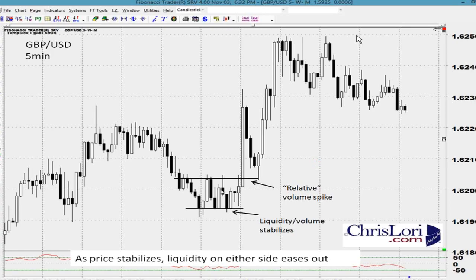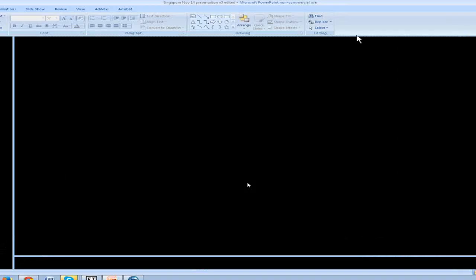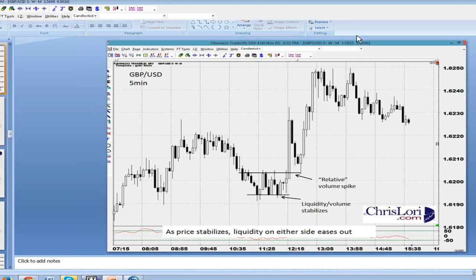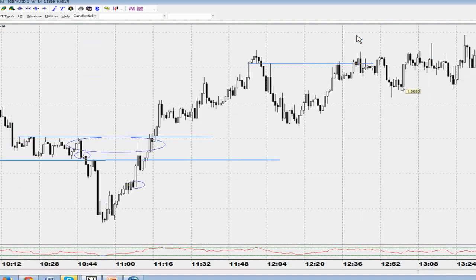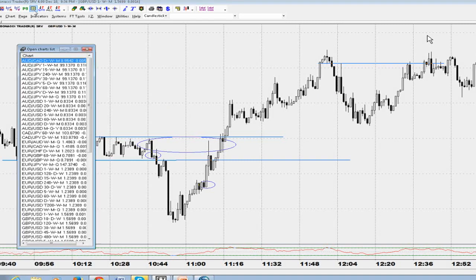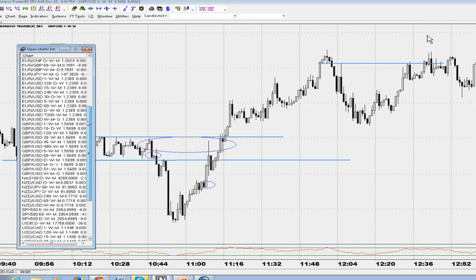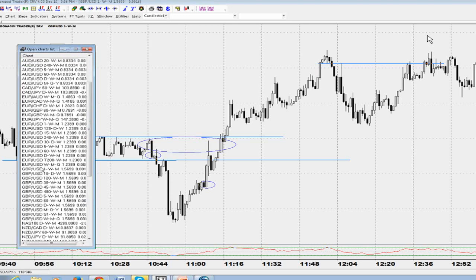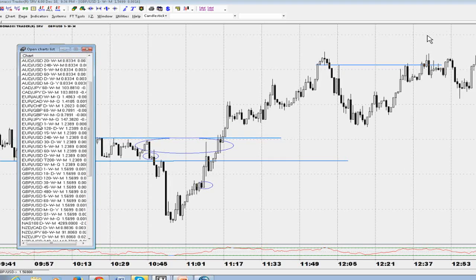So I think what I'll do is I'll just take it over to some live charts so we can have a look at some examples. We see it here, for example, we saw the price move, price stabilizes. Even though it stabilizes, it still draws back to the point of release of this movement. Let's move over to the euro. We'll look at the 1-minute chart, I think, just because it gives us more of an indication of what we discussed today. We use this really on all time frames, but you'll see that,